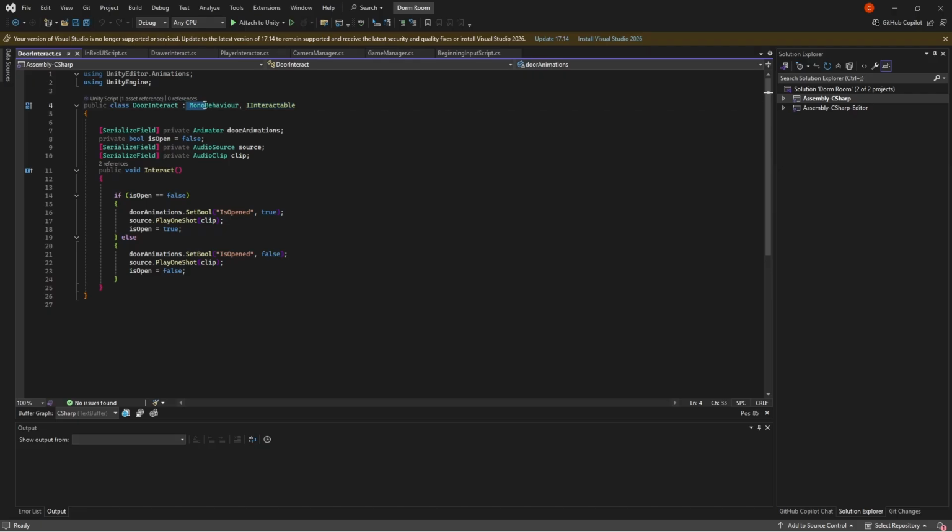And then this is the base type of the script. This base inherits IInteractable. So if you look at the IInteractable script,